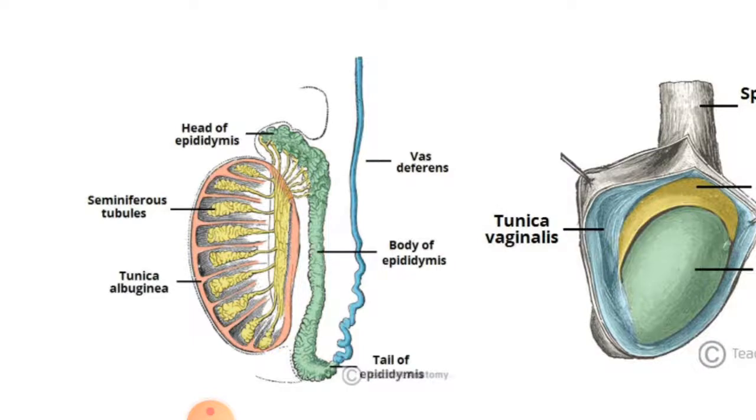And between these will lie the interstitial cells that will secrete the hormone testosterone after puberty. Another very important point to be discussed here is the length of the tubule, that is approximately 6 meters in its full length.